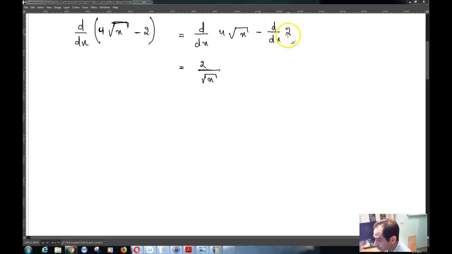And d by dx of 2, of course, is equal to 0. So the derivative of this function is 2 over square root of x. Number 11 is 2 over square root of x. Number 12 is